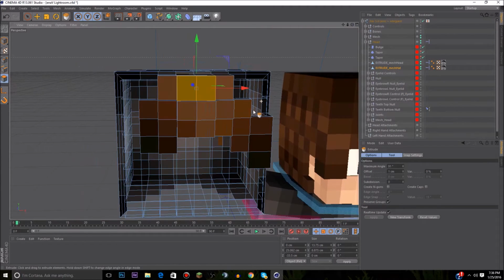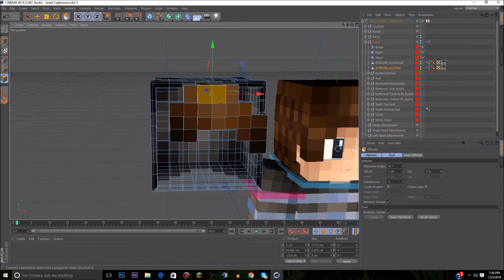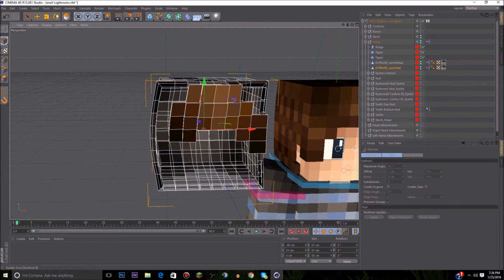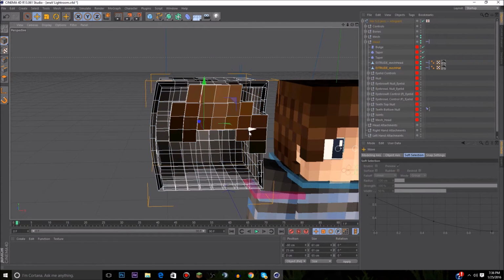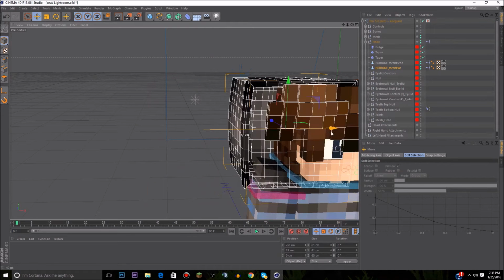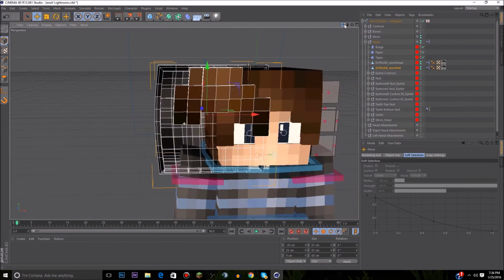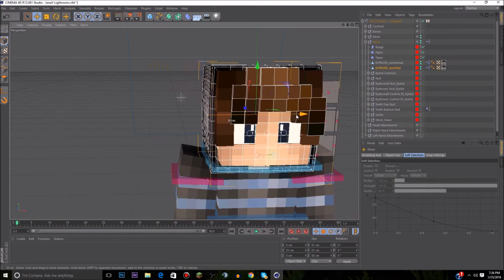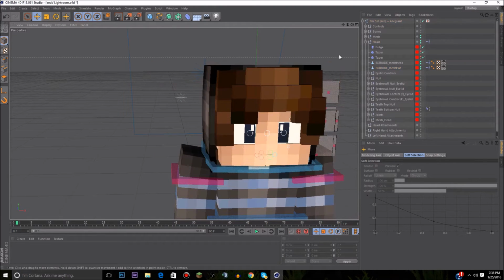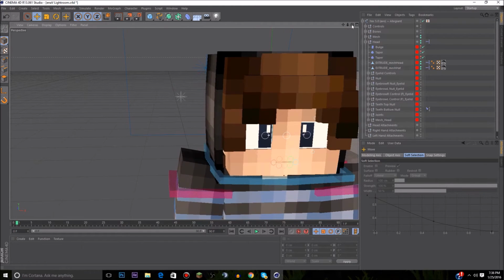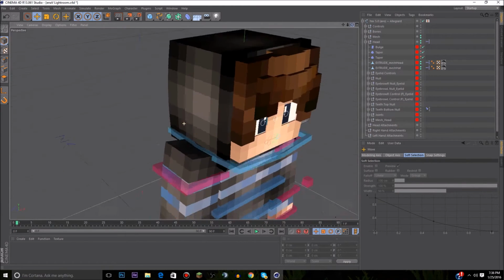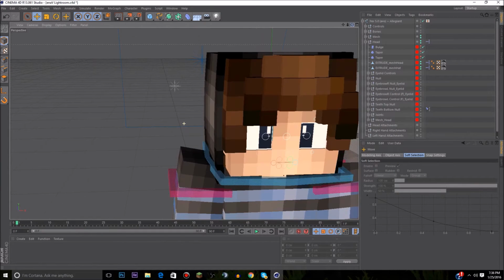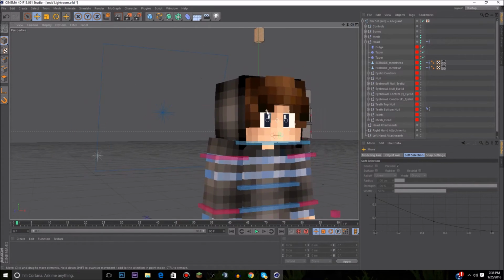So what you want to do is, once you look over it, see how it looks, you want to go back into your normal move selection, your move mode, and then you want to move that back to where it was supposed to be. Hold shift while you're using that, and it'll auto snap, kind of, is what I'm saying. And then look around, see if there's any mess ups with the extrusion,